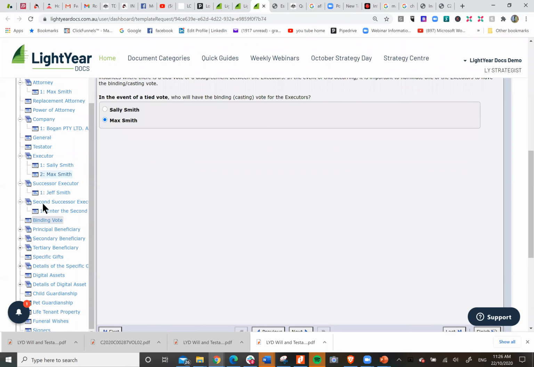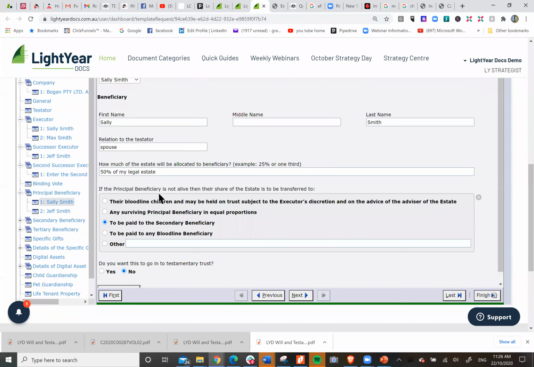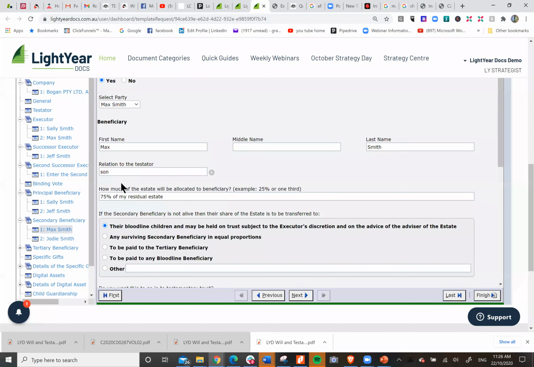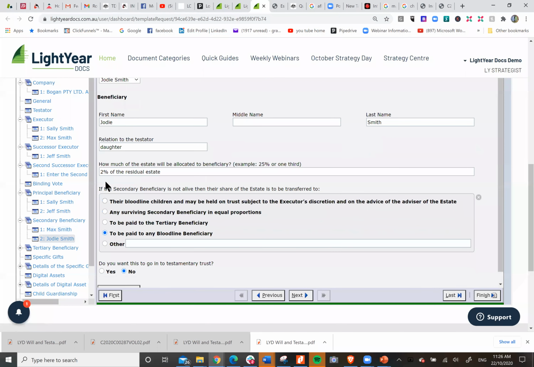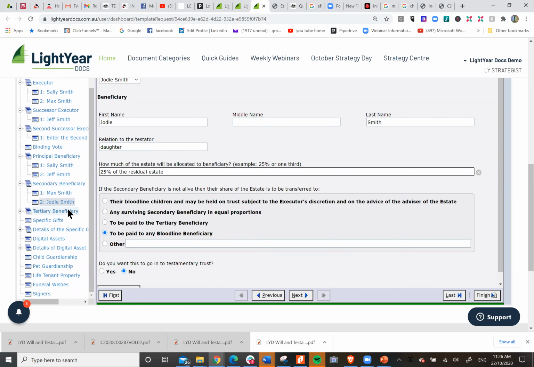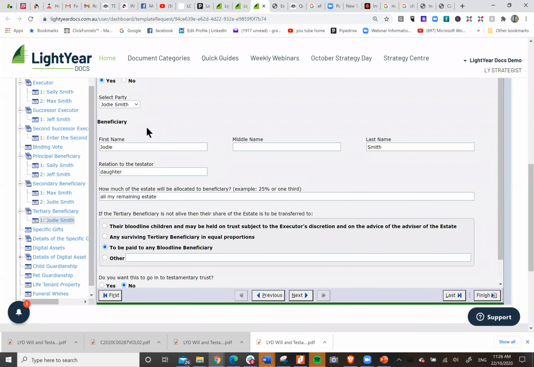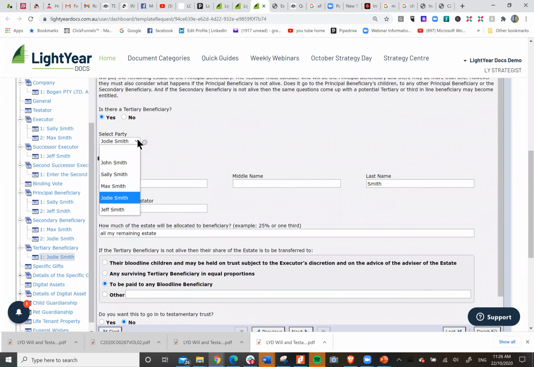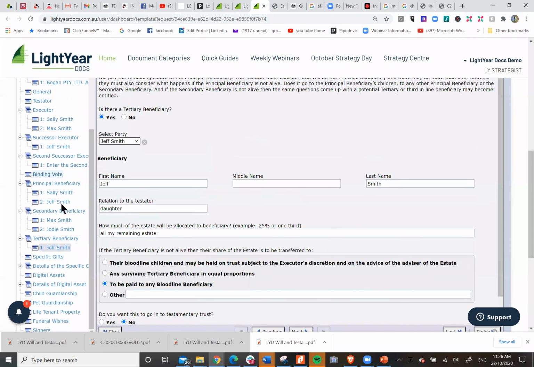Binding vote is going to be the same. Principal beneficiary, Sally. Jeff's going to be the same. Secondary beneficiary, 75% Jodie. There I've got to change that to 25%. Tertiary beneficiary is now Jodie Smith, but she would have been covered, so I'm going to make that Jeff Smith.